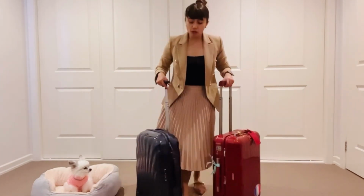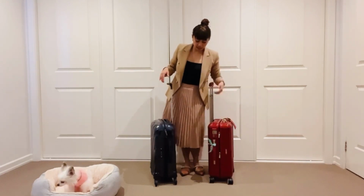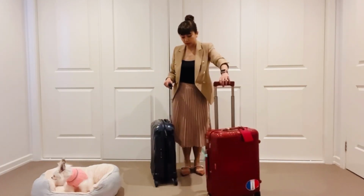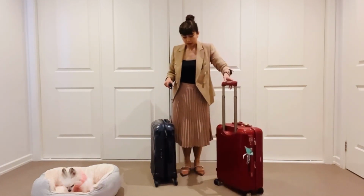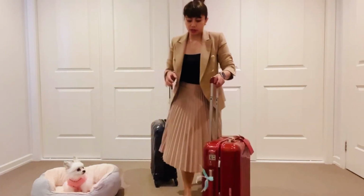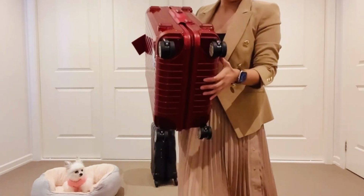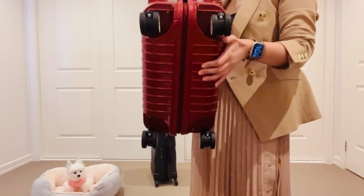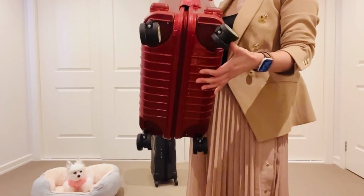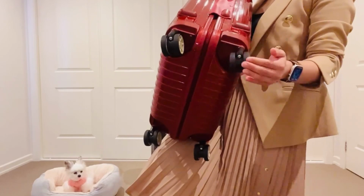Both of them are empty now, but when you have things inside, Rimowa can still spin and walk along with you a little bit easier because of their strong wheels, and I can trust them because I have used it for many years. The wheels are not showing any sign of wear, so this is quite strong for the